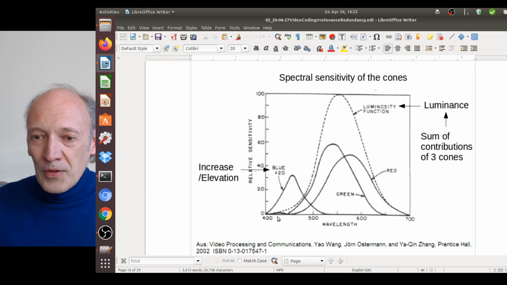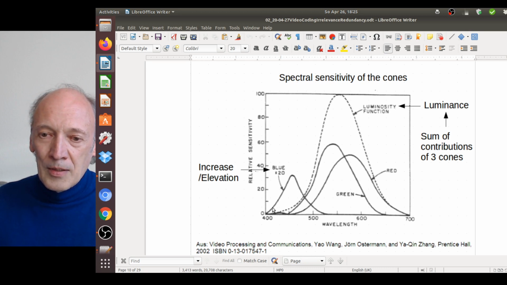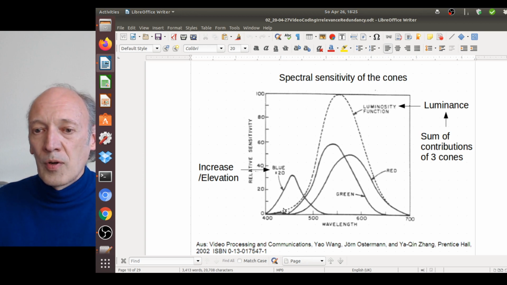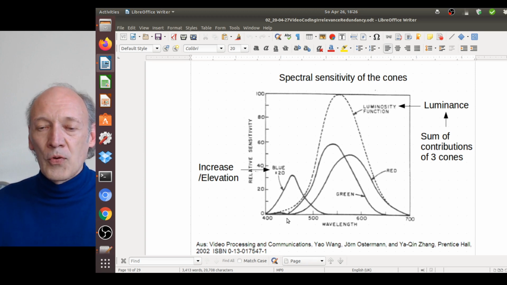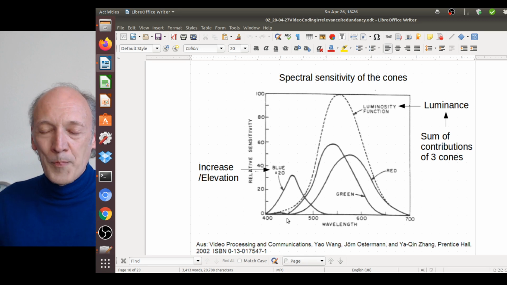And you see another specialty here. There's another side lobe of this filter for the red wavelength. Here you can see the red cone. The bandpass of the red cone goes down, and here it has a ripple in the blue region. This is interesting because this ripple is exactly on the slope of the blue cone filter curve. And this basically makes it possible for us to distinguish between blue and